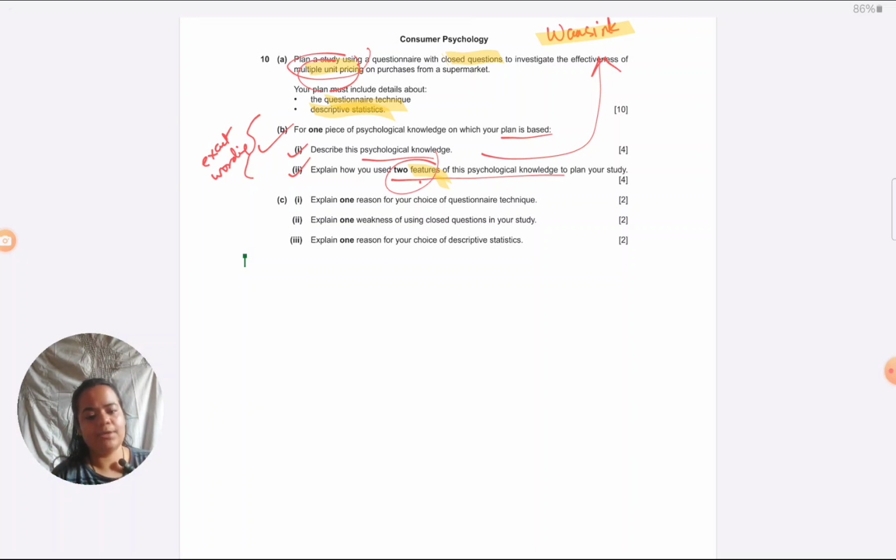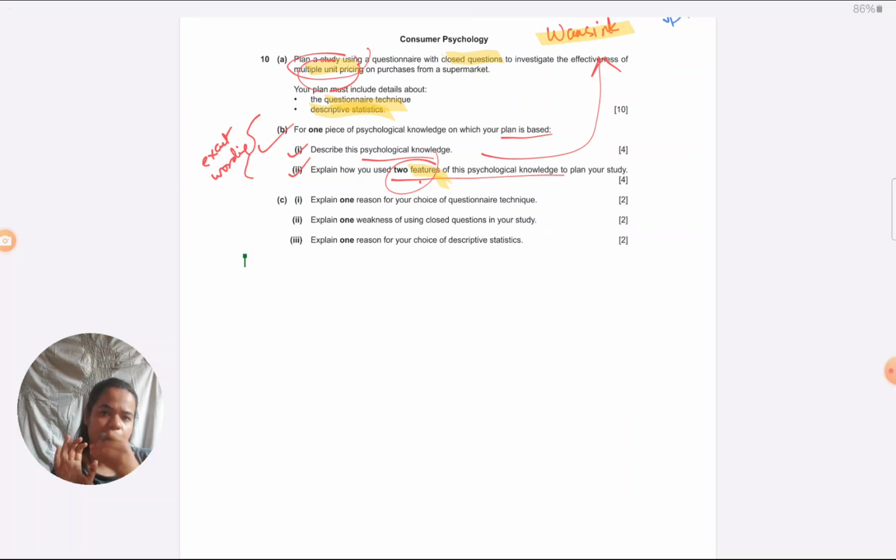Also, I will strongly recommend, before you start designing the study, like no doubt you have to design it step by step as per the questionnaire method, just be clear which two features you want to incorporate from the Vansing study. It'll just make your work easier. Personally, what I would like to incorporate here is, one, the SUP versus MUP manipulation which was there. Single unit pricing and multiple unit pricing.